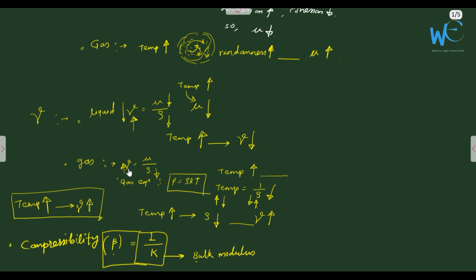Okay. Here I put two equations. First one is kinematic viscosity is equal to dynamic viscosity by mass density, obviously. And second one is the gas equation, which is P is equal to rho RT. Okay. So after observing this gas equation, you will notice temperature and density have a relationship which is inversely proportional